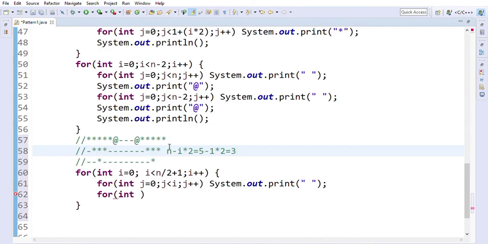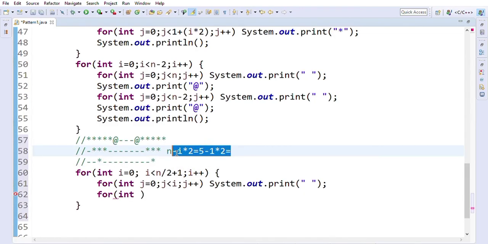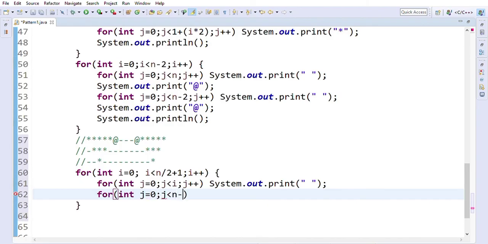So we can say that we can print up to n minus i into 2 times. Let's print it. Int j equal to 0, j is less than n minus i into 2, j plus plus.